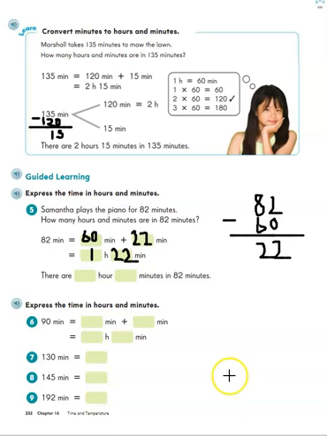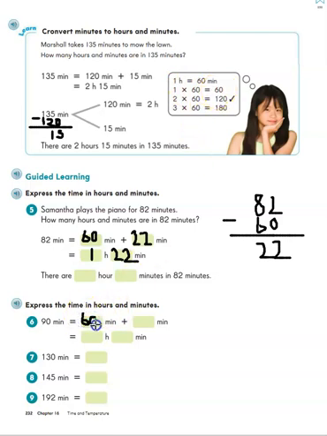Okay, number 6 says 90 minutes. So we need to figure out how many hours and minutes are in 90 minutes. So what we're going to do is look at our chart. We know we can only go to 60. If we go down to 120, we've gone too far and we're over, right? We went over 90. So we know it's just going to be 1 hour,